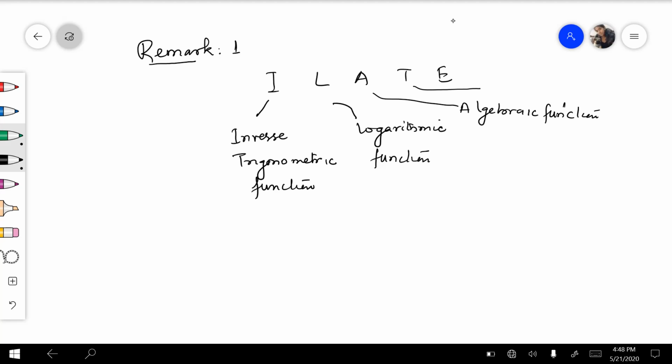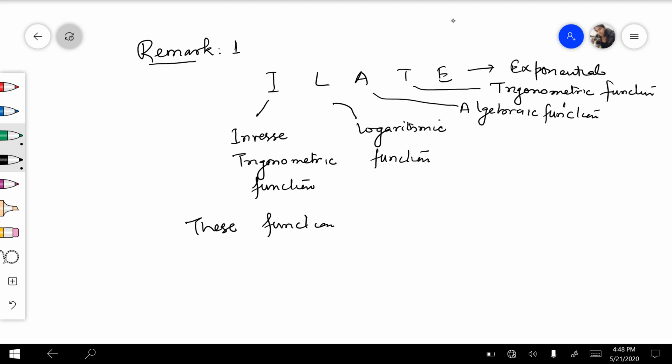T is trigonometric functions. And E is exponential function. And my conclusion is these functions are continuous in their respective